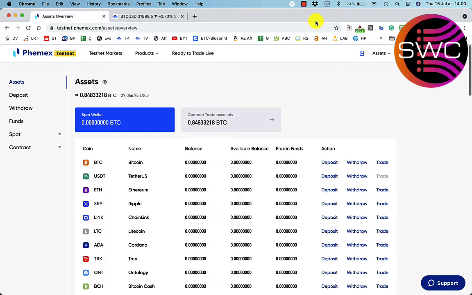Now, a friend of mine asked me to do a really basic tutorial on Phemex. I'm going to use the Phemex testnet, which you can find at testnet.phemex.com,